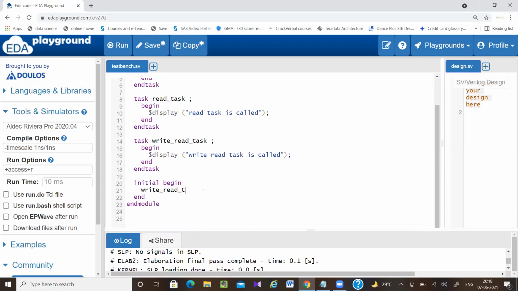So here: if $test$plusargs, and I am passing one string, write, then call the write task.